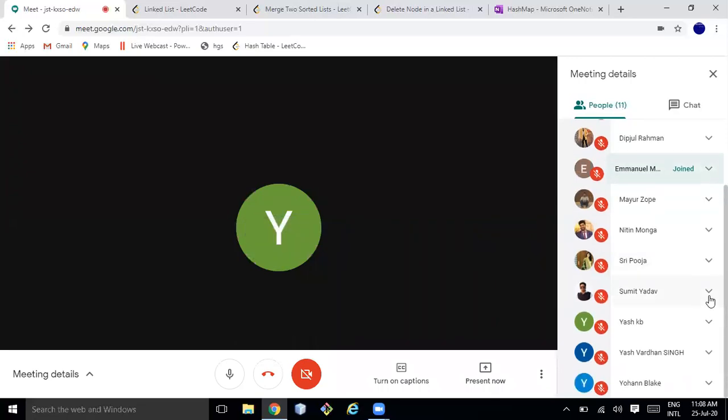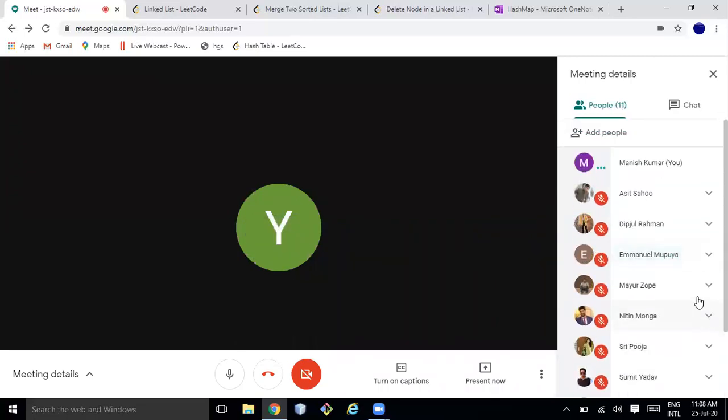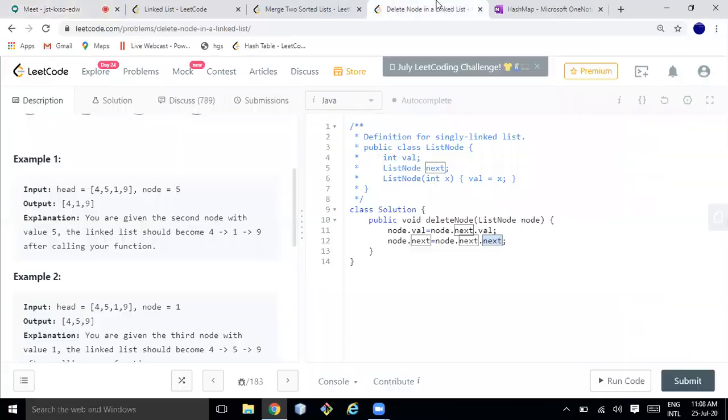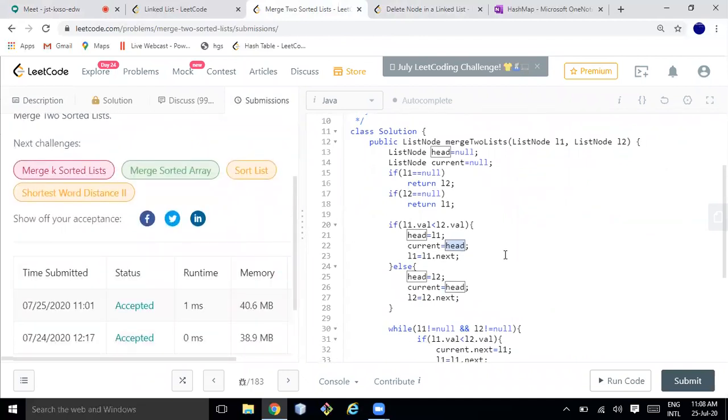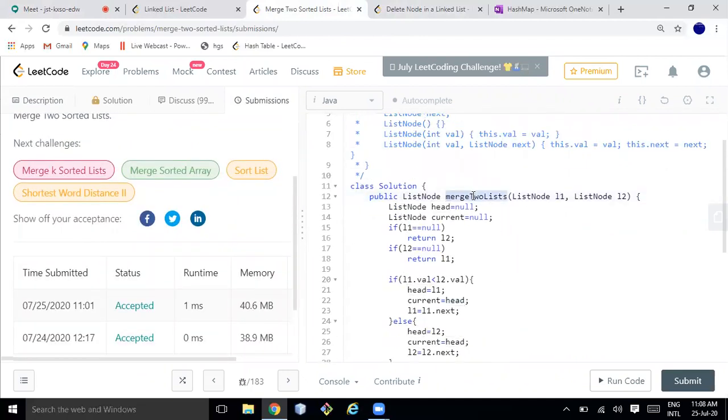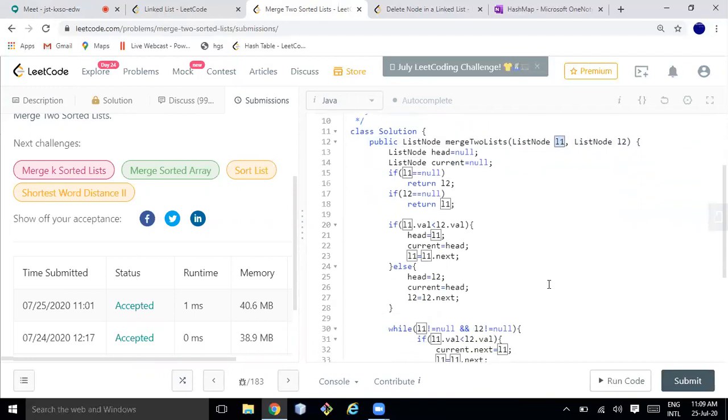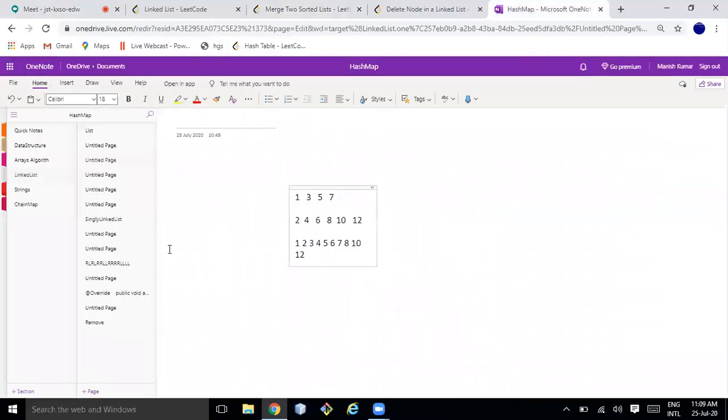Okay. So anyone else? Any question? No, right? Okay. Let me explain this question a bit thoroughly. So just now I also submitted, guys. Same approach I did, although there are two approaches. I'll explain both one by one. One is using recursion and another is the iterative approach. Instead of declaring 3 nodes, 4 nodes, we just need 2 nodes. So let me go to here.